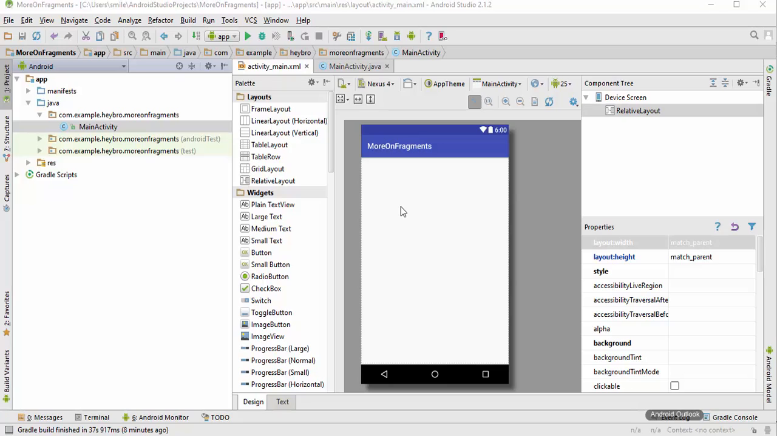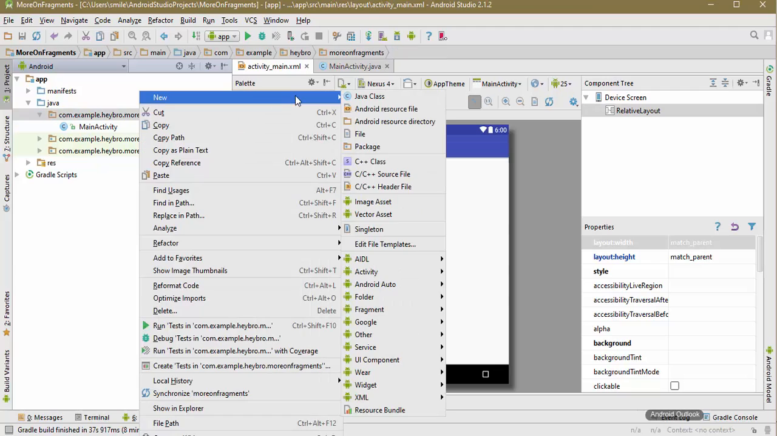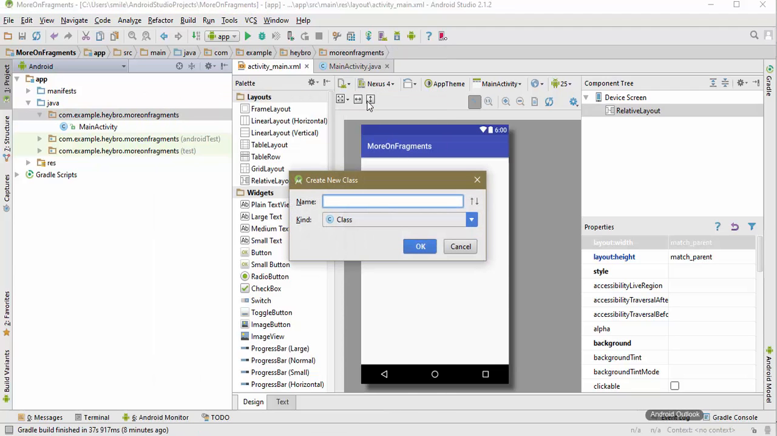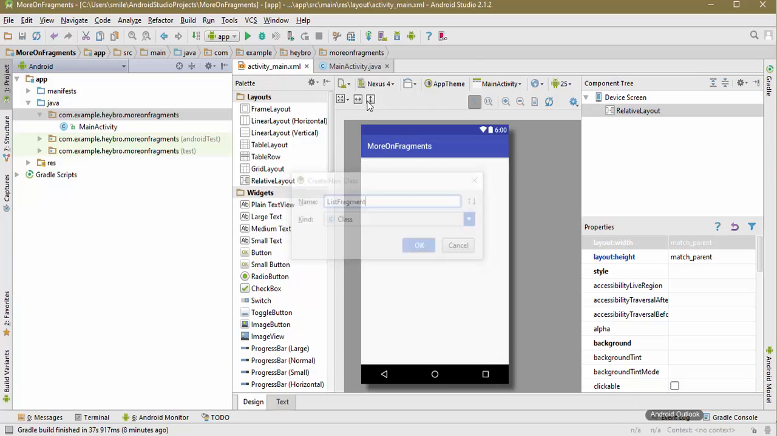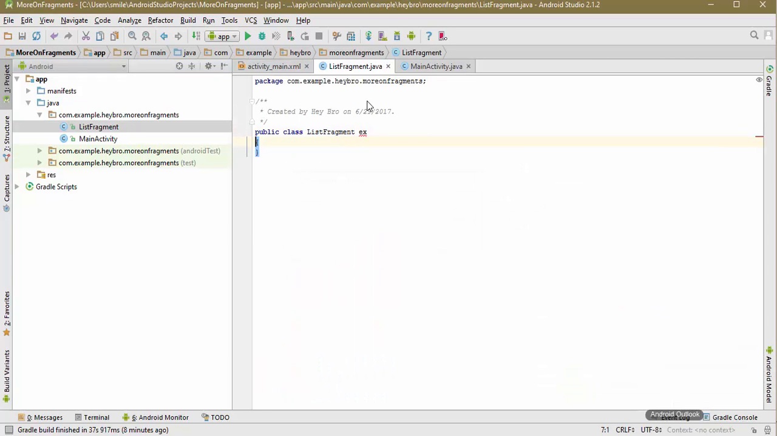Here I have created the empty project called More on Fragments. In order to create this application, we are going to use two fragments. So let's create the two fragments first. Let me start from the Java part. I'll name it ListFragment, and it is going to extend the Fragment class,